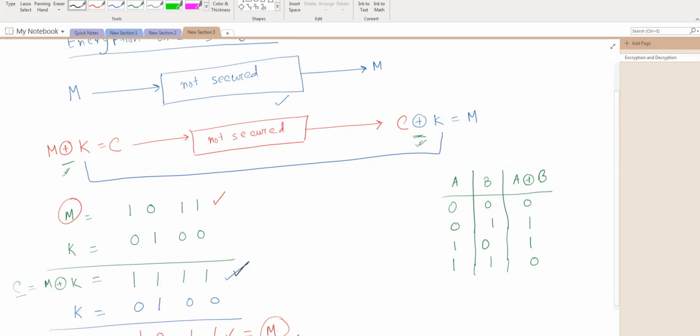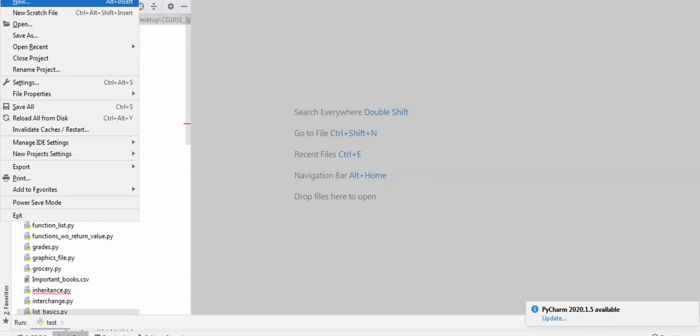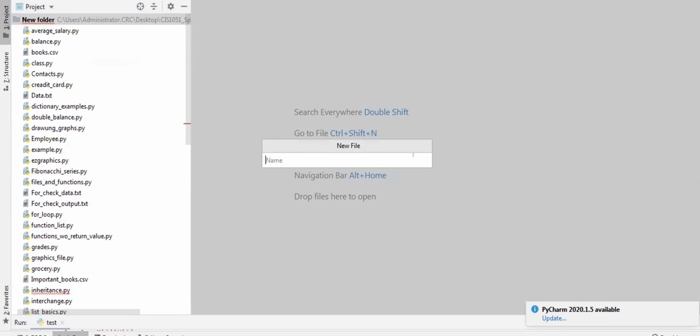So let me show you how we can implement this simple encryption decryption mechanism using a Python program. Let's open a file called encryption decryption.python.